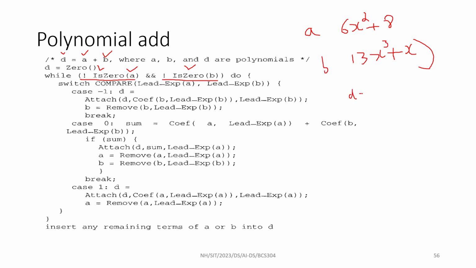D is nothing. No polynomial is there, no term is there. I have to add these two. Is A 0? No. Is B 0? No. Then